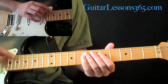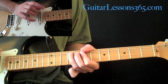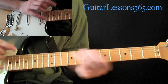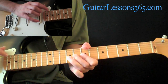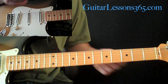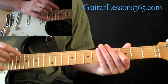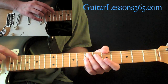Okay, so now we're going to tap. Let me play this section one more time for you, just so you can hear the phrasing of what we're going to be doing here, because the phrasing is just a little bit, you know, not continuous. So after that tap on that C sharp there, we're going to tap the 7th fret,